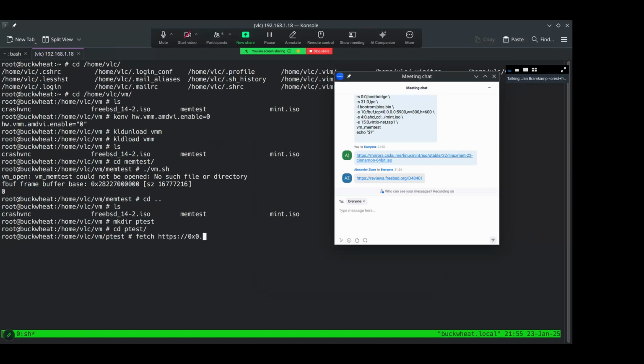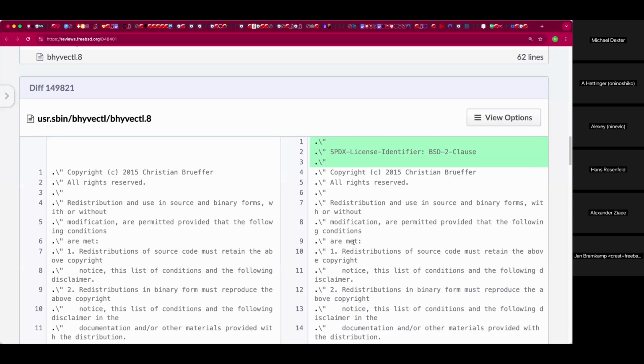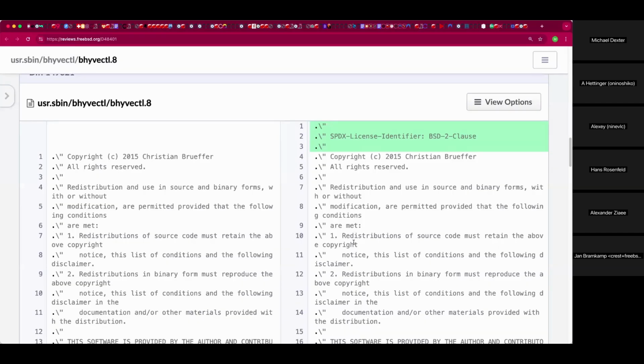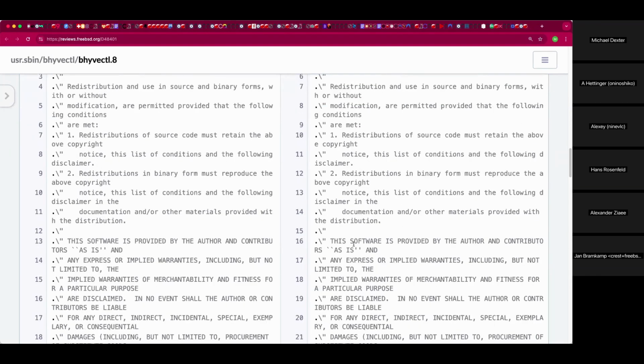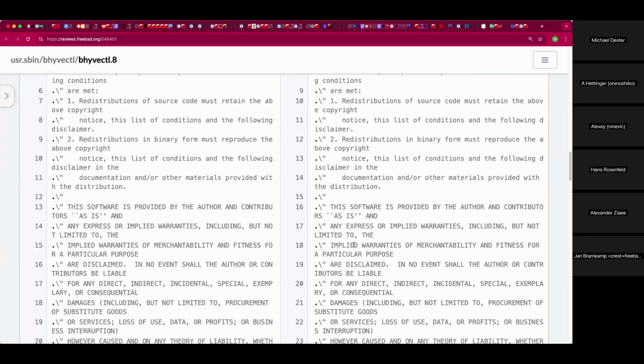There's nothing on it I need right now. Can you see my screen? Yes. Great. So I saw the SPDX.